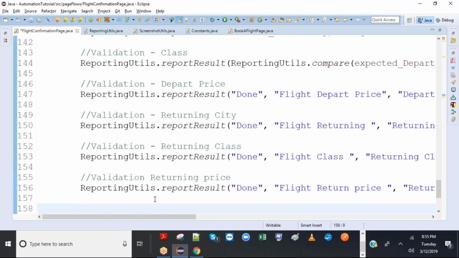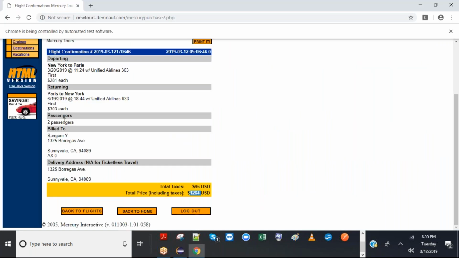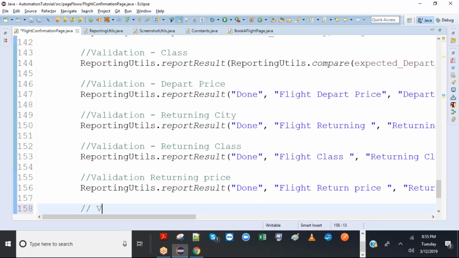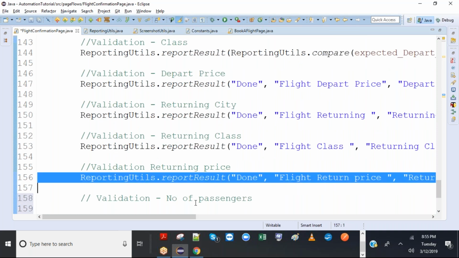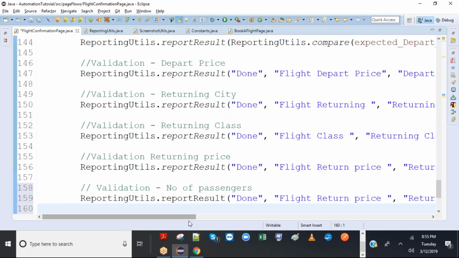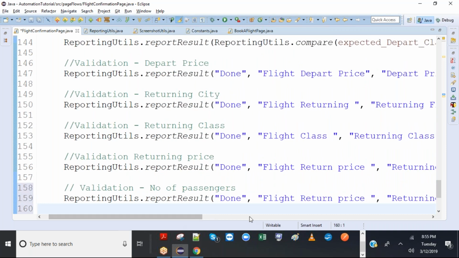And then number of passengers validation, number of passengers. This is the same. If you don't have a comment, you can just leave it empty, that's not mandatory.